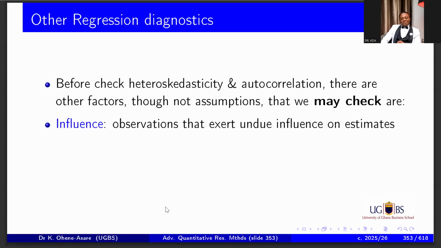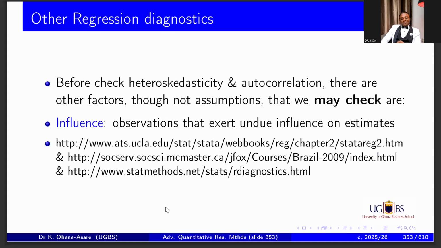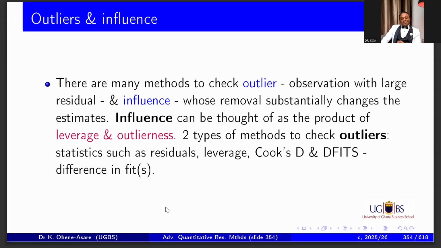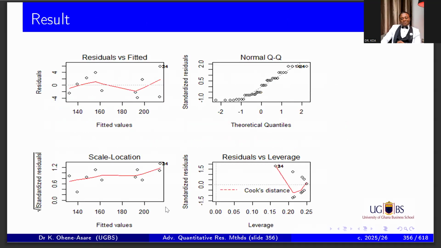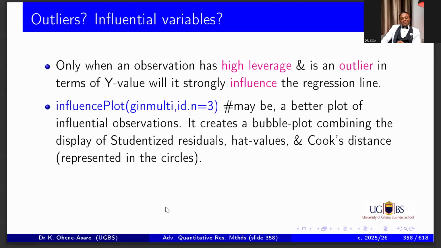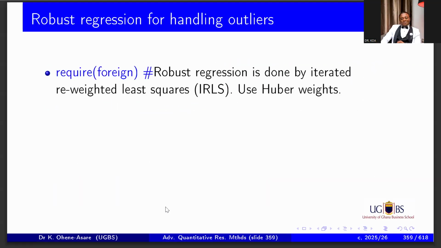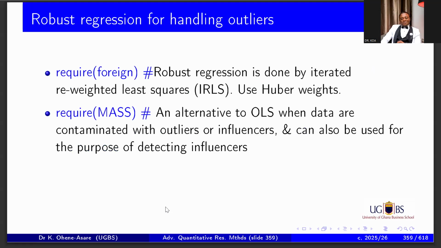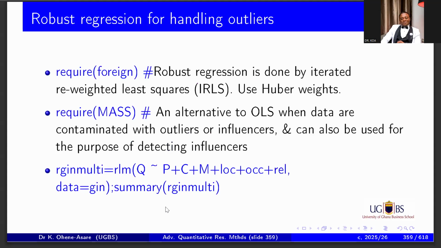The other things you can check, I'm not going to focus too much on this. I'll skip it. You can check for outliers and check for influences. I've given you some links for you to check it. Outliers and influences have some slight differences. You should know the difference between an outlier and an influencer. I did this some time ago with you. All of this will indicate outliers and influences. And then how you handle them,